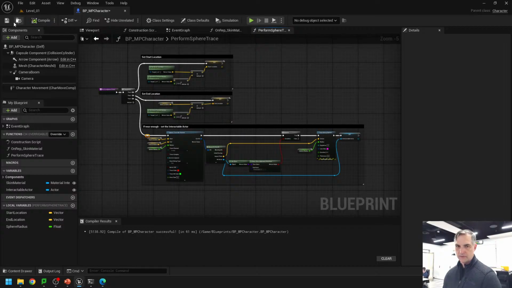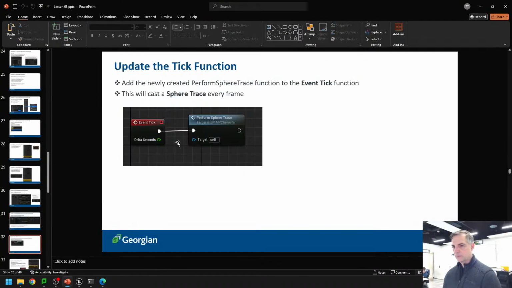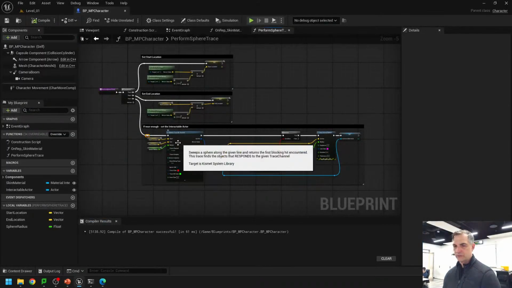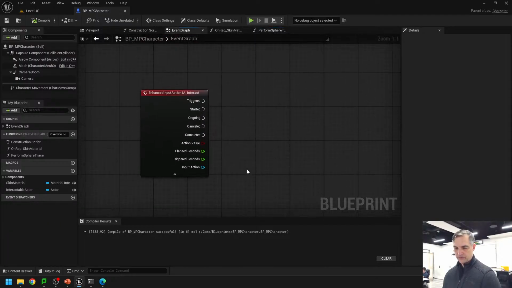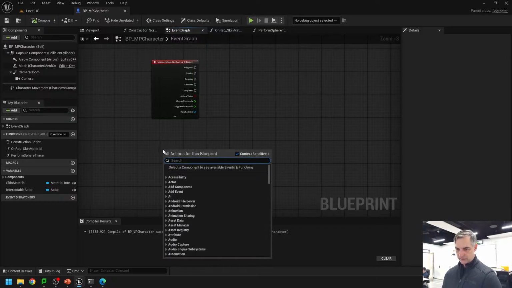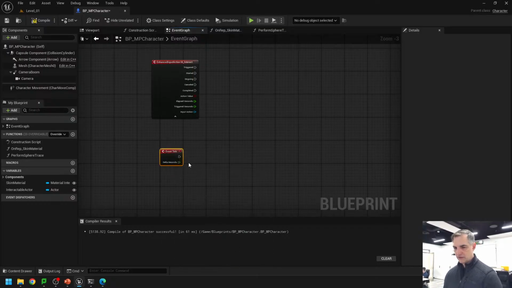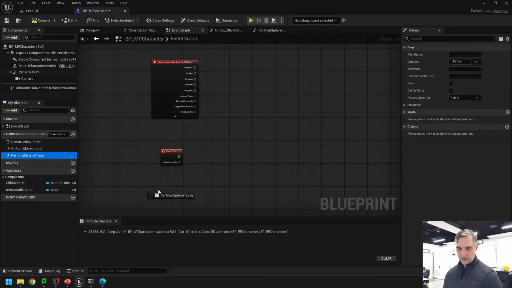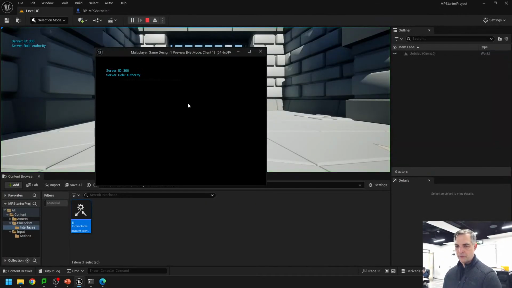Now, once we've done that, we want to do this every frame, just like we did before, in the event tick function. If you don't have it, you can always go event tick, and if it exists, it'll take you there. If it doesn't, it'll just make it for you. So here's perform sphere trace. There it is. Now if we just do this for a second, and I press play and run it with this guy,